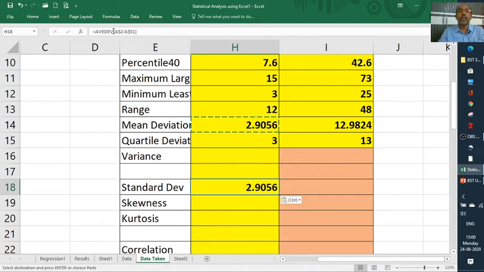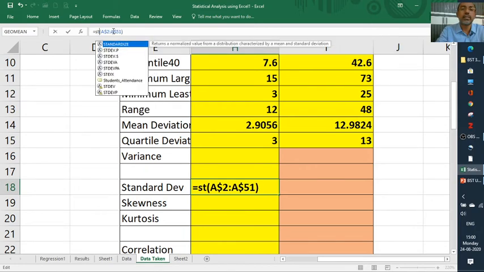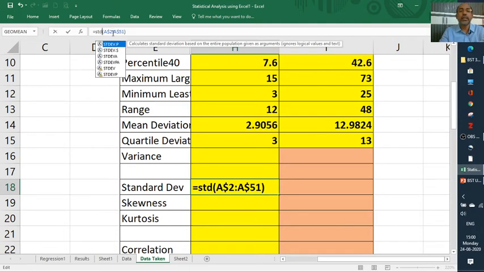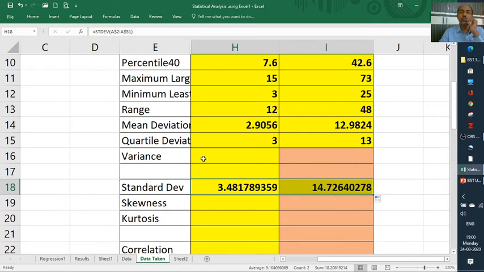So to calculate standard deviation, what we want is STDEV, standard dev, that's all. So the standard deviation you got is 3.48. For this data, 14.72. Is it okay? Right. So now we'll calculate, we go the same way, the standard deviation square.